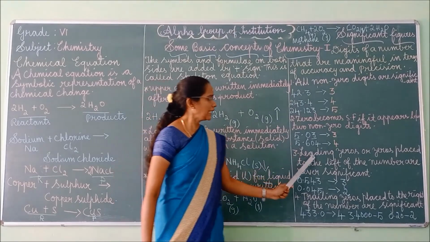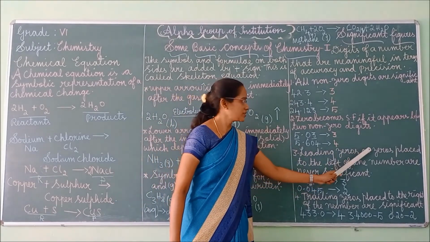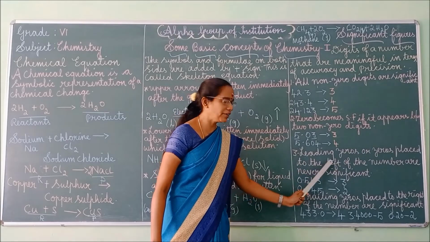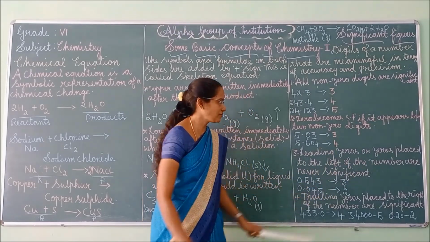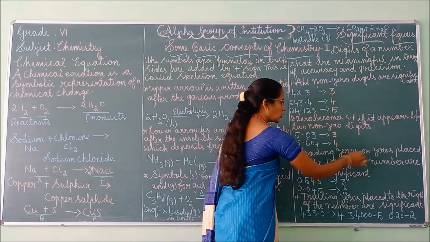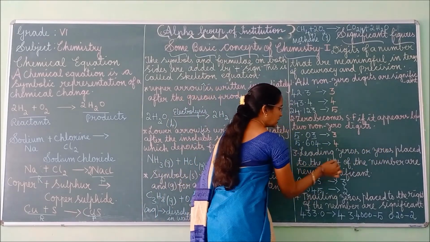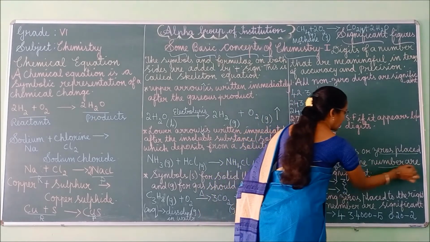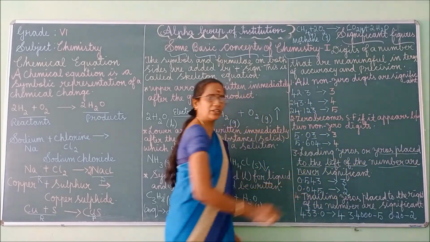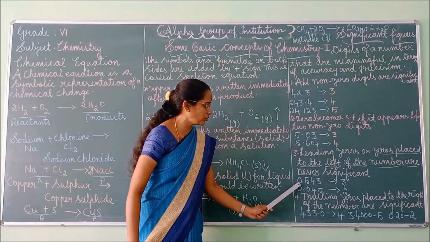Good. Leading zeros or zeros placed to the left of the number are never significant. You have to remember this one. Zero placed to the left of the number, left of the number are never significant. For example, if you take